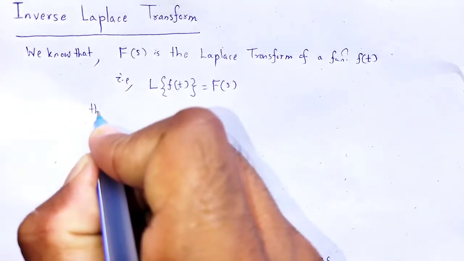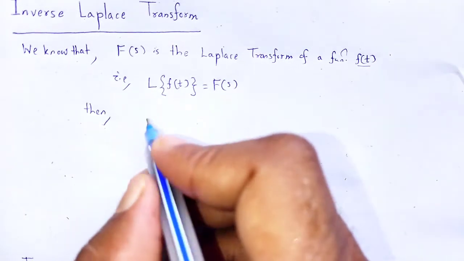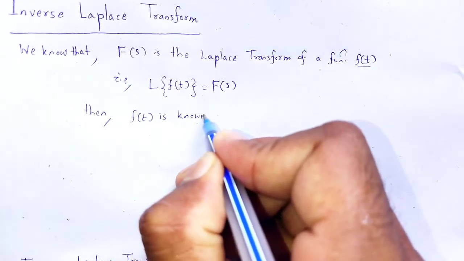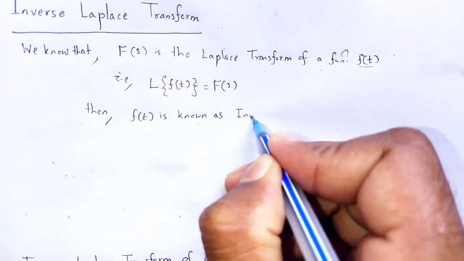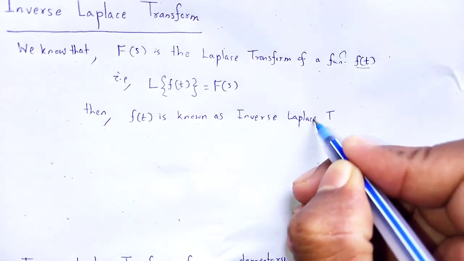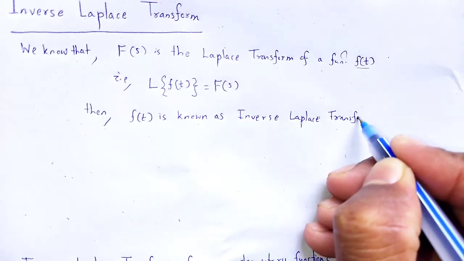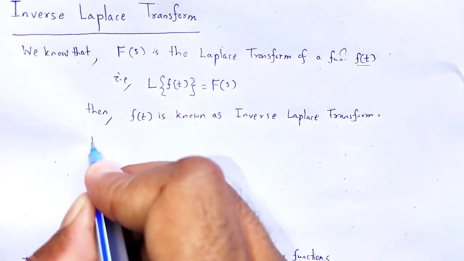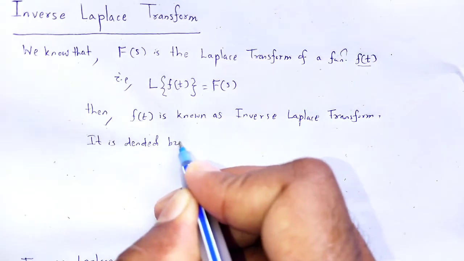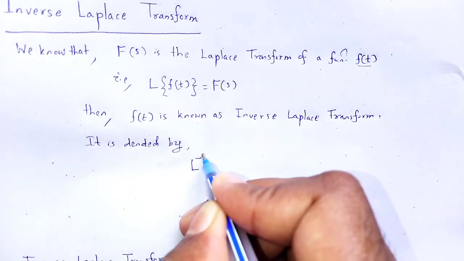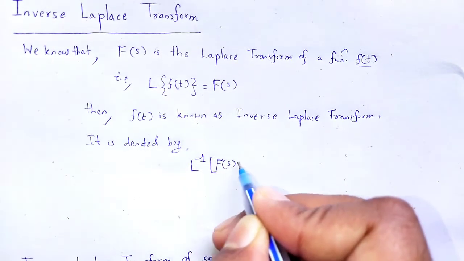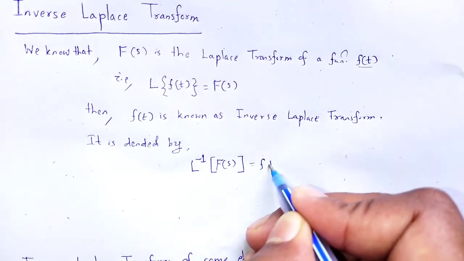Then the function f of t is known as the inverse Laplace transform and it is denoted by L to the power minus 1 F of s, that gives rise to the function f of t,